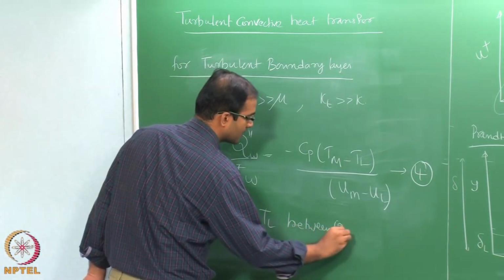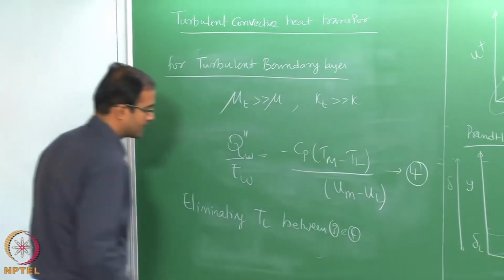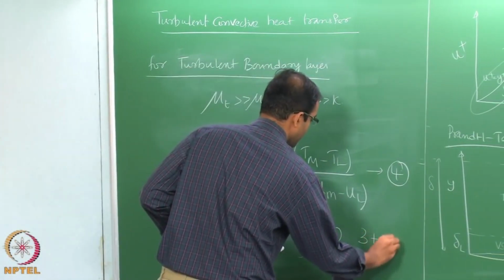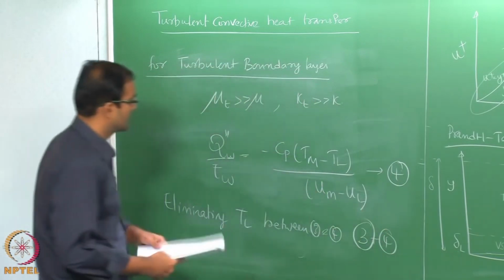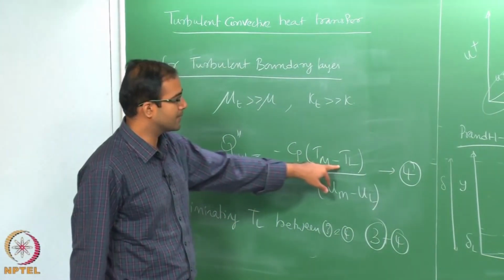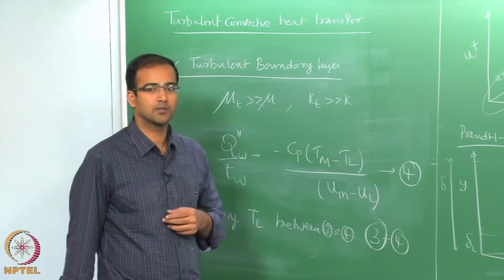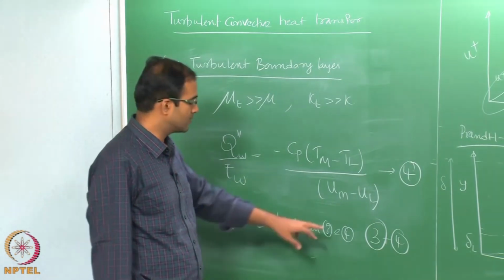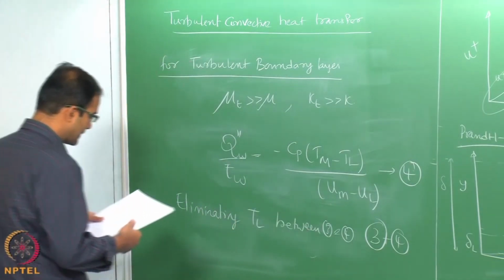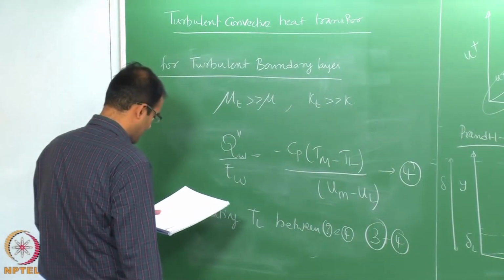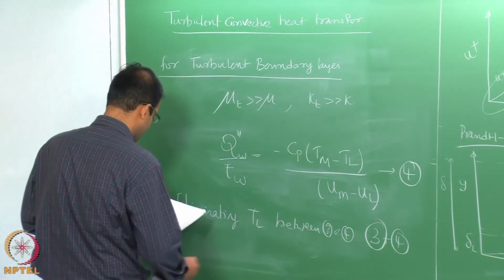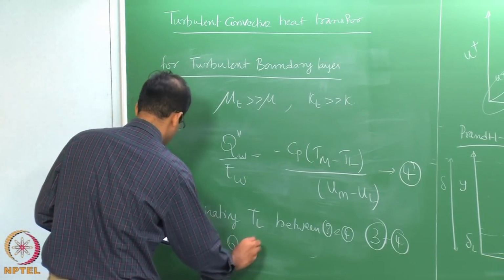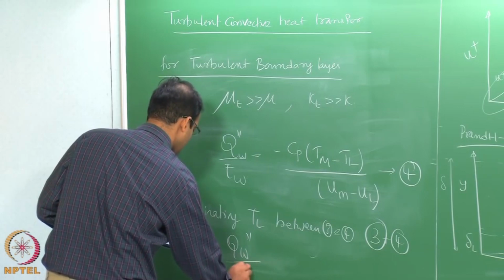3 and 4. So, how do we do that? We just add 3 plus 4. So, if you add 3 plus 4, you have minus Cp TL, there you have plus Cp TL. So, the TL gets eliminated right away. Okay. So, therefore, you please do 3 plus 4. If you do that, so you will be ending up with the following expression, which is q wall double prime by